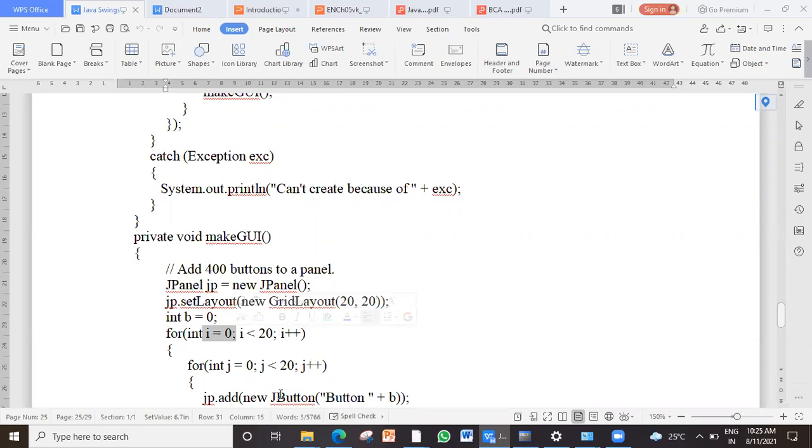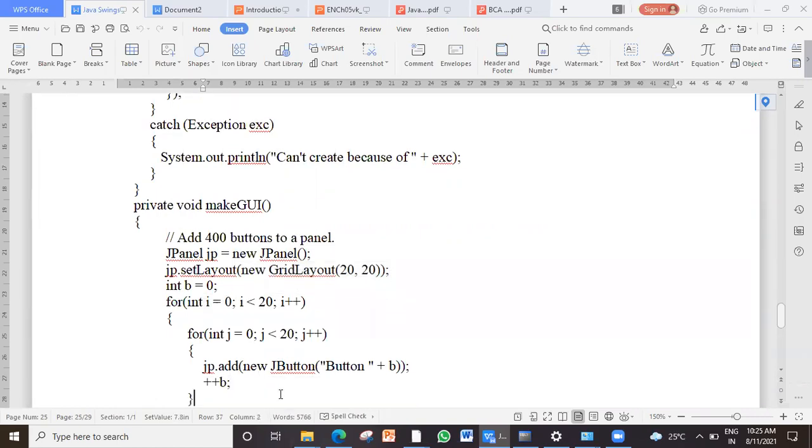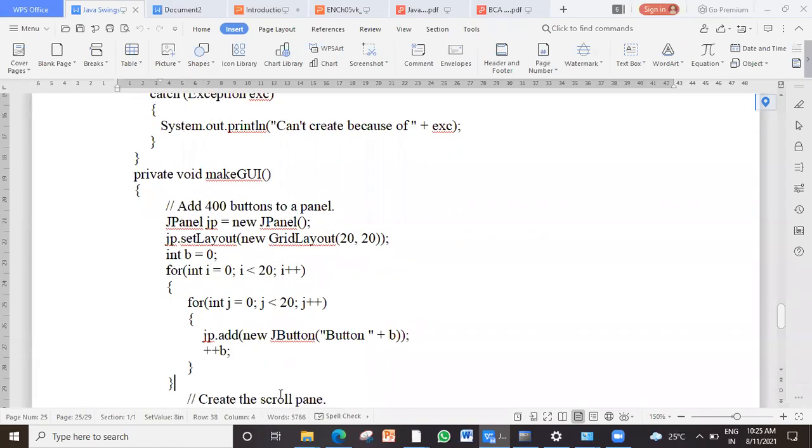You learn two-dimensional matrix, matrix addition. You used to take I loop and J loop, A of M of N. Same thing we are using here. We are creating array of buttons. Array means table. Rows, one array. In each row, multiple columns. So 20 by 20 ka we are making. So we are using double for loop to create those many buttons.